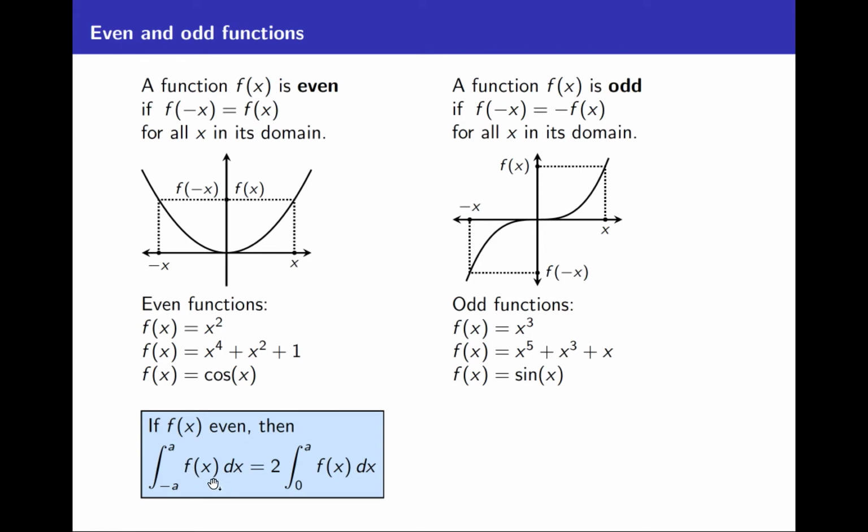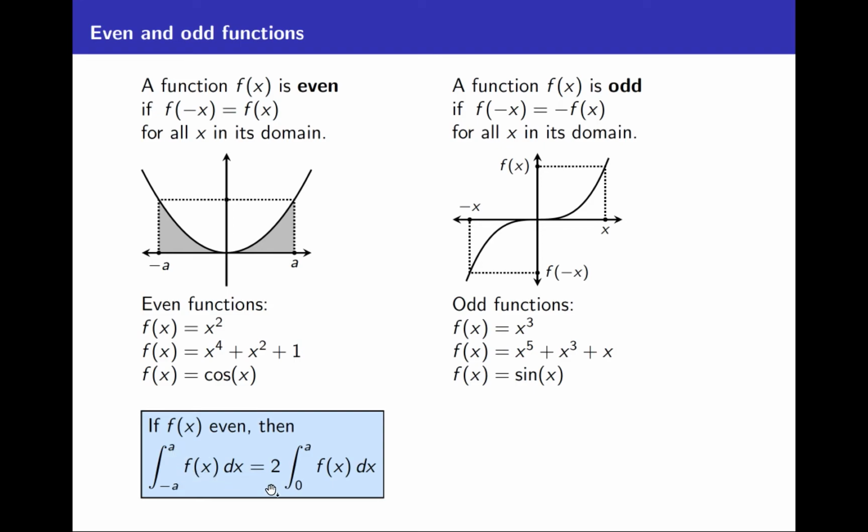f of x dx, where the lower limit of integration is the negative of the upper limit of integration, it's pretty easy to see that's equal to 2 times the integral from 0 to a f of x dx. Because if you think about a up, minus a down, in this case everything is a up in this picture, so it's a good illustration. The integral from 0 to a f of x would be this area right here, which is half of the total area between negative a and a. So if you double that, this area plus this one, you get the integral from negative a to a of